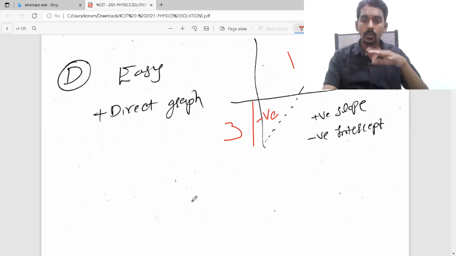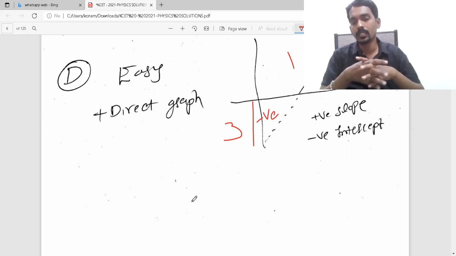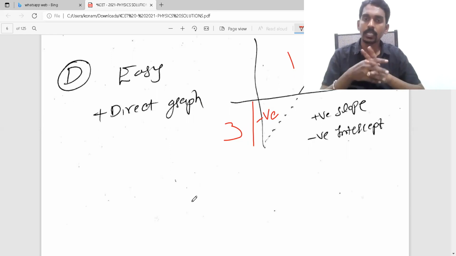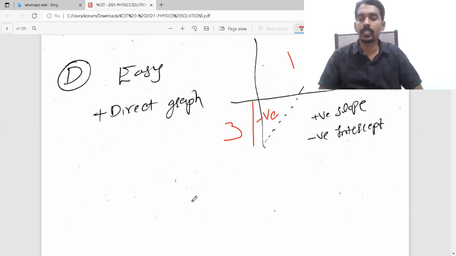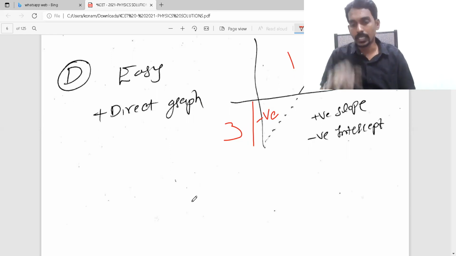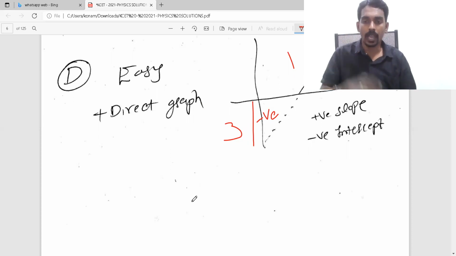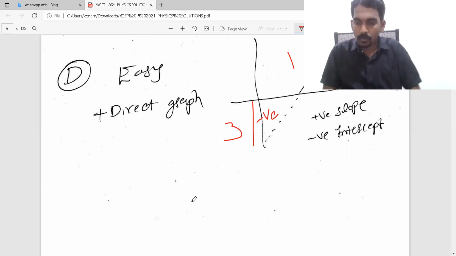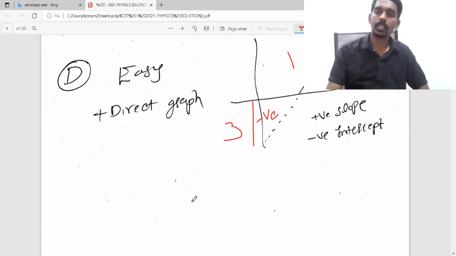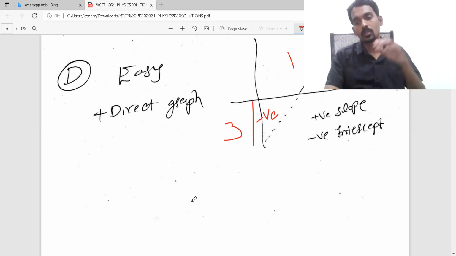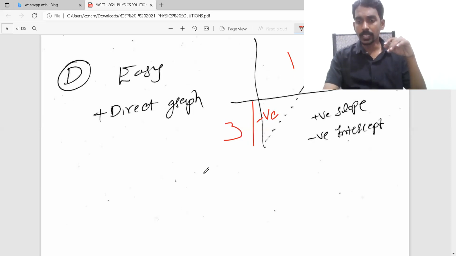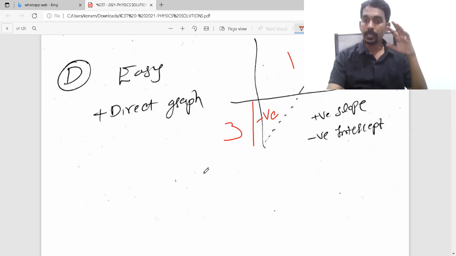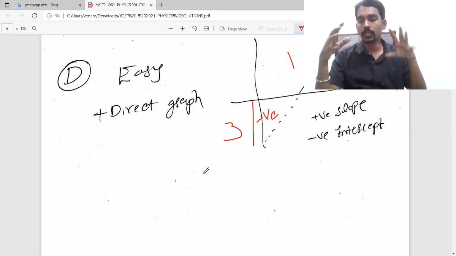So that's why you need to take the relation from physics. You need to compare with the mathematical equation. Then you have to decide whether it is a straight line, whether the straight line passes through the origin or has an intercept, or whether it is a parabola or hyperbola, like a curved graph or not. All those things you need to check properly. And whenever mathematics comes along with physics, it becomes difficult. So you need to practice such questions, and you need to remember each and everything thoroughly.